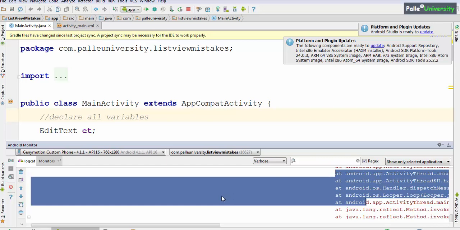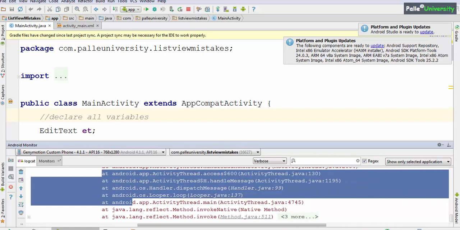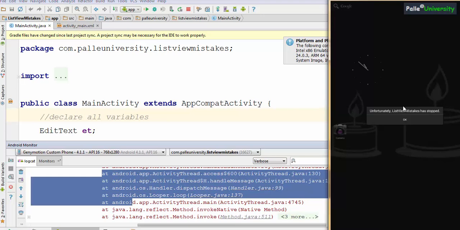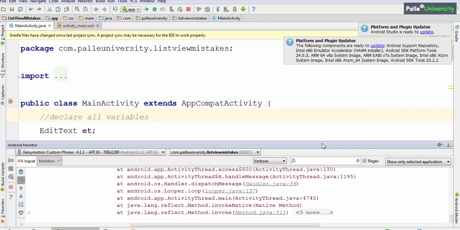As of now, don't worry what a log message is. Whenever the application crashes, I have already covered how to analyze crash messages. Whenever you see red color error marks, don't click the OK button here. Directly go to Android monitor and search for your Java file name in blue color hyperlink.